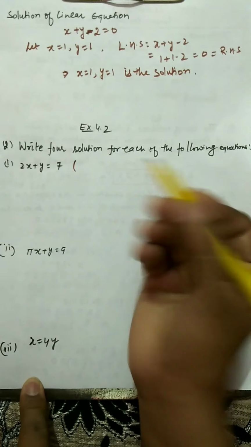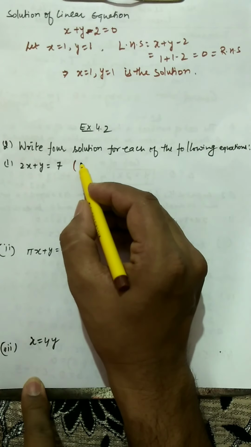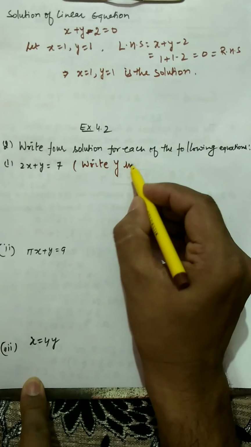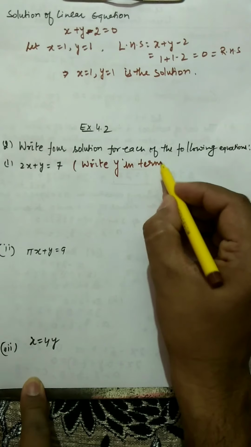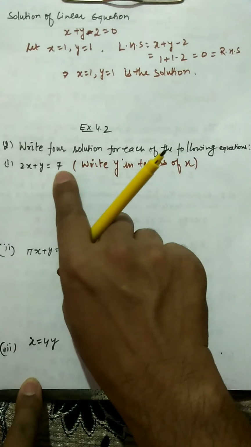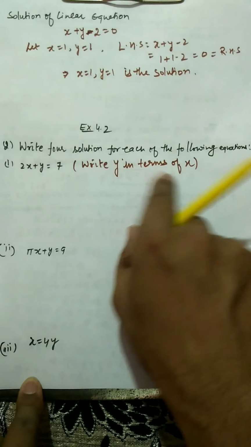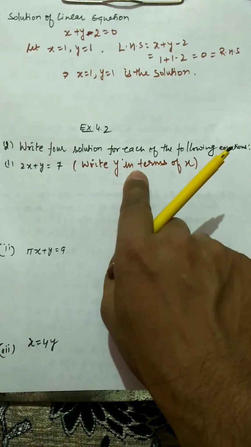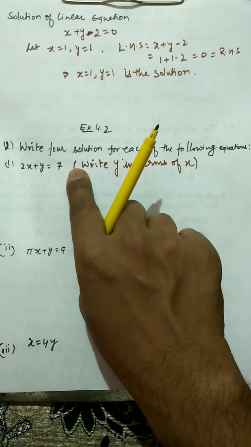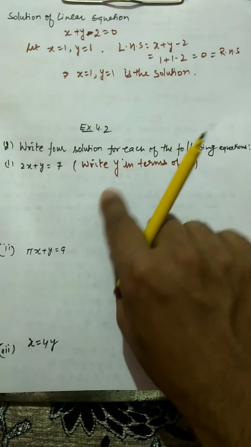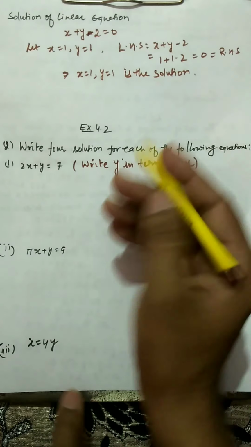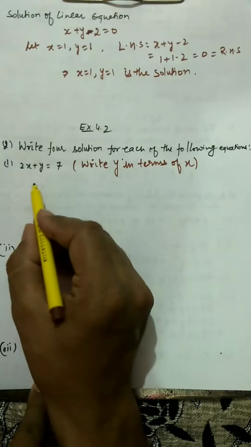So I am just giving a hint here. I am going to write y in terms of x. This is our choice whether we write y in terms of x or x in terms of y. So you understand, basically first in this question I am going to write y in terms of x. In a few other questions I will be writing x in terms of y, and what is the meaning of this, you understand. So I can write now.